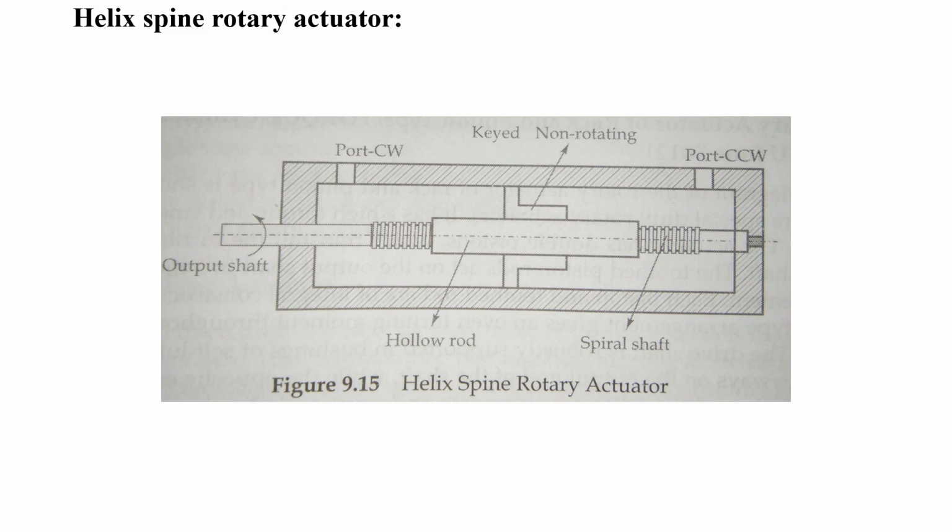This movement will take place by air supply. Instead of rotating the nut, compressed air will be supplied so that the piston will push. While pushing, the hollow rod will rotate because it is engaging with the spiral shaft. So the spiral shaft will rotate, and the output is taken from the spiral shaft.